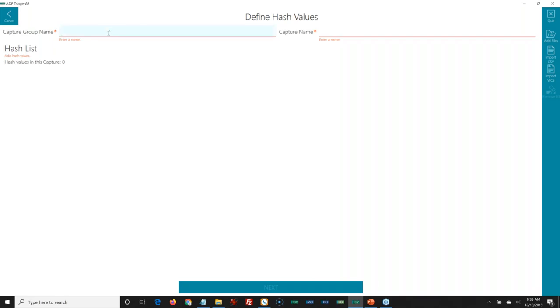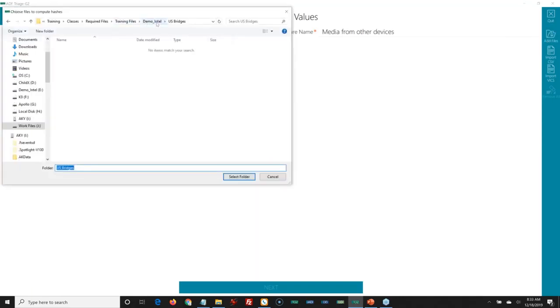So I'm going to put it in a category, right? Hash sets, and not devices. So I'm going to say this is media from other devices. So again, I was saying earlier, if we're going out on site exploitation and we have some information that was found on other devices and we want to see if maybe they're on these, that's what I'm going to do. So I have the media from other devices, and over here I can point it to that media, to the files that I have.